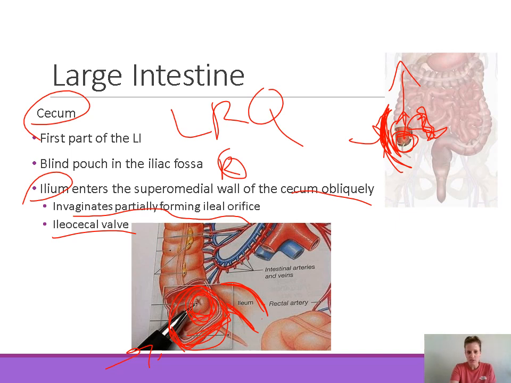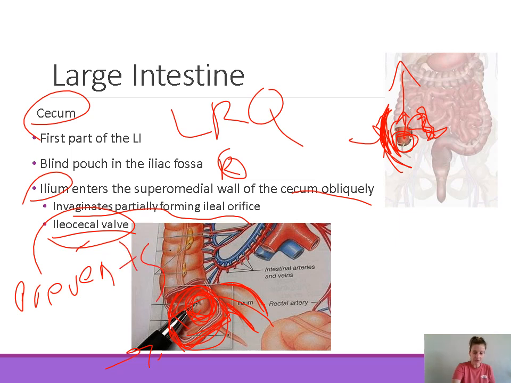Now the muscle that surrounds it, the wall of the ileum that's invaginating into the cecum, because of the way that this pushes in, creates a one-way valve, referred to as the ileocecal valve. Ileocecal because it's going from the ileum to the cecum. And like most valves, it's a one-way valve. It allows things to flow from the ileum into the cecum, but things can't go backwards. So the ileocecal valve prevents backflow from cecum